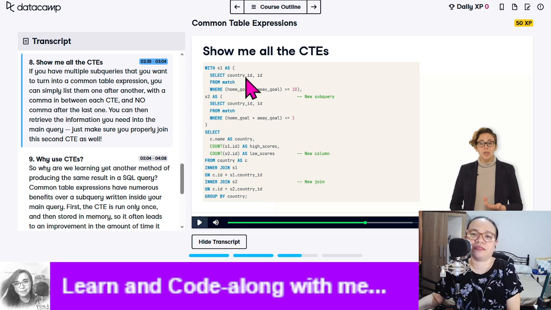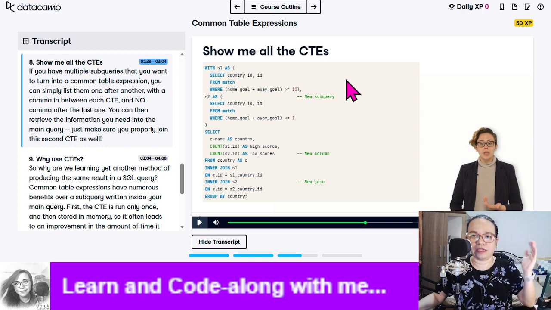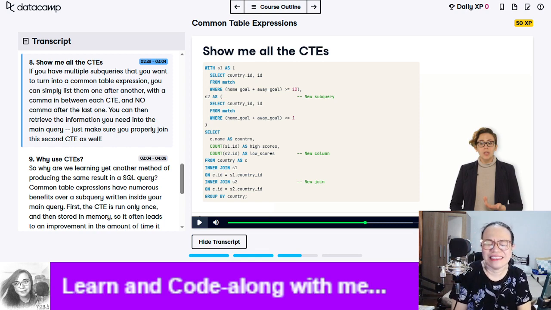WITH S AS, select query. Okay, WITH S1 AS, then the first subquery followed by a comma, then S2 AS another subquery, then the third select from